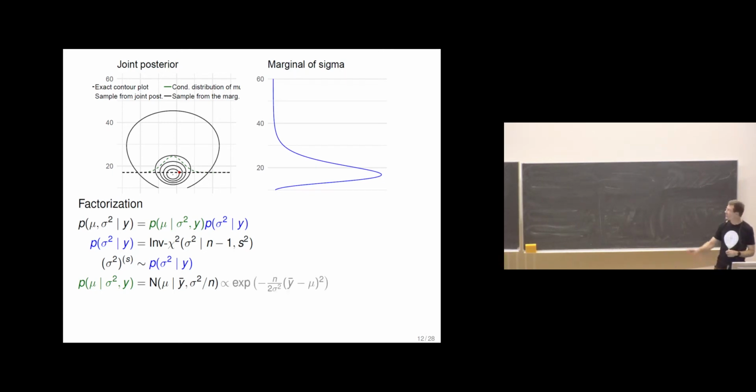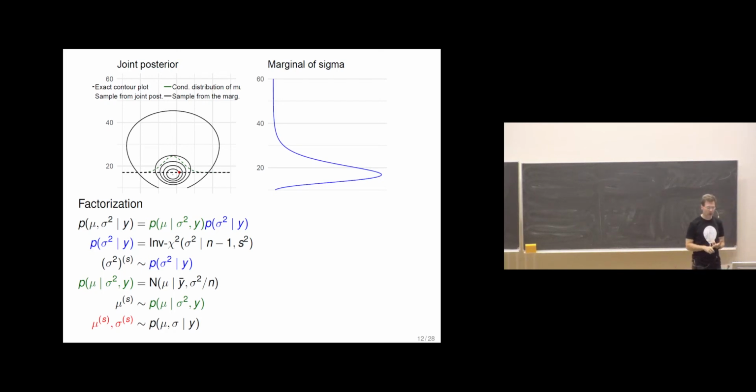This was just a reminder, a basic normal distribution. And then we can draw from this conditional distribution. This way we can draw from the joint distribution: first draw from the marginal, and given that draw, draw from the conditional. These together are the joint. And there's a red dot in the figure showing how we could obtain one posterior draw from the joint. Repeating this, we get all these posterior draws I showed you before.